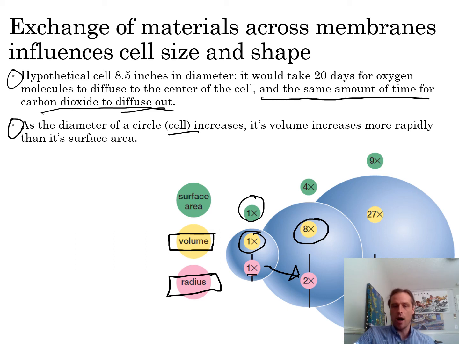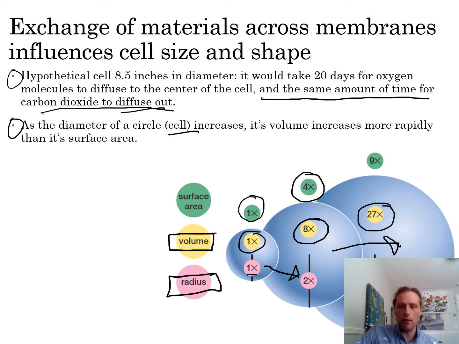So you have this huge oxygen requiring volume and waste producing volume, but notice the surface area has only gone up by 4x. So the next increase in radius here leads to 27 times greater volume and only 9 times